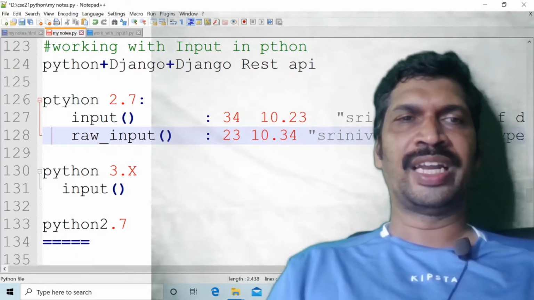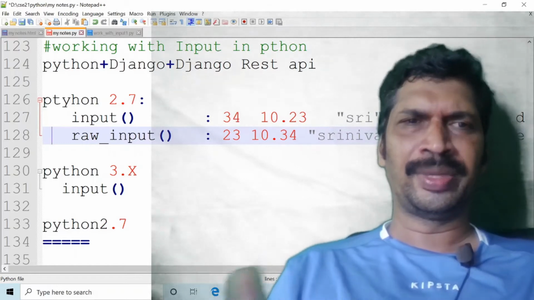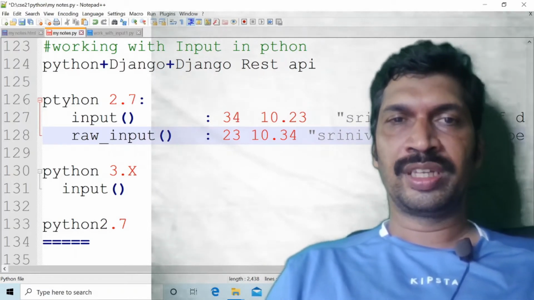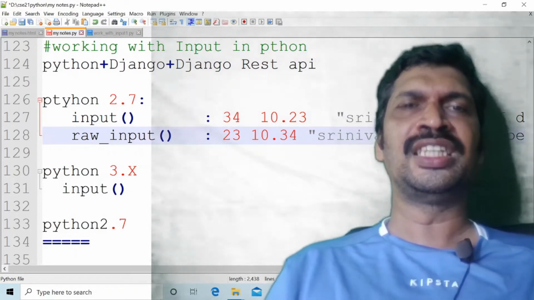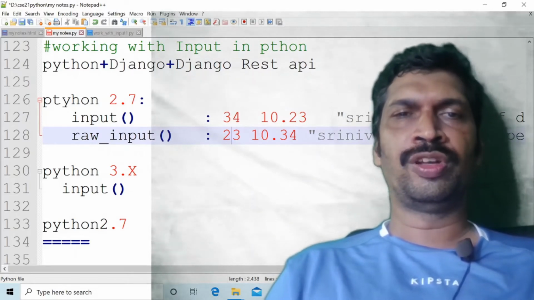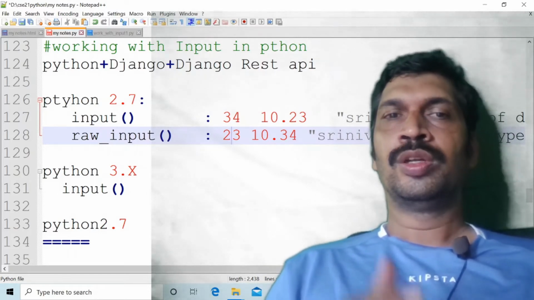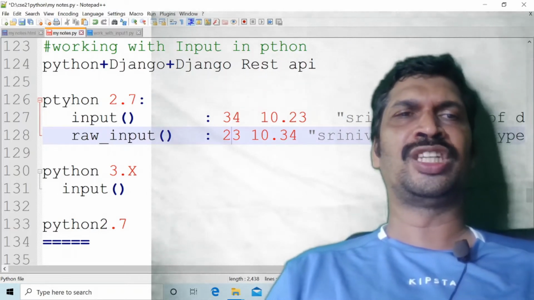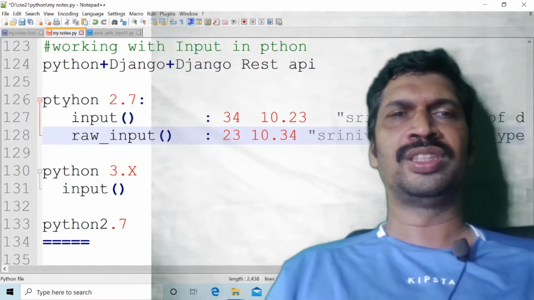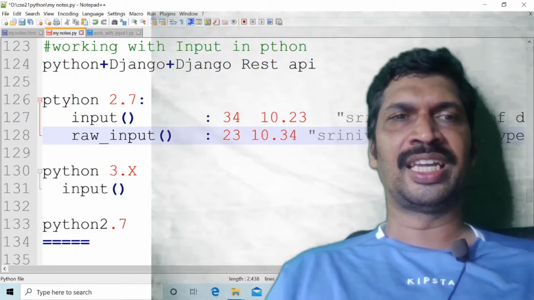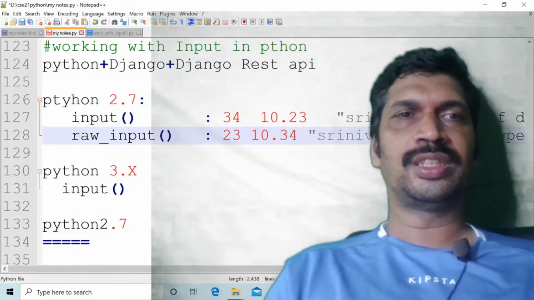What is the main difference between input and raw_input? In the input function, if we give 34, it is considered integer type. In raw_input, if we give 23, though it is an integer, it is considered a string. Any type we give using the raw_input function is considered a string. We will see the program for this.